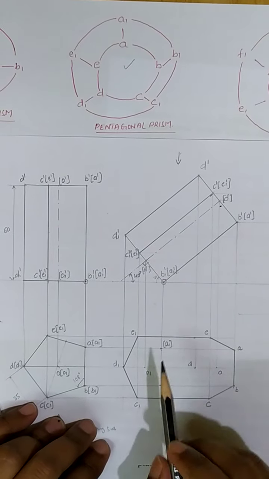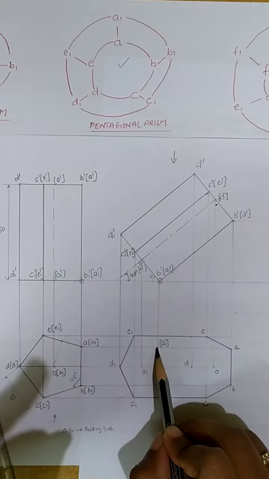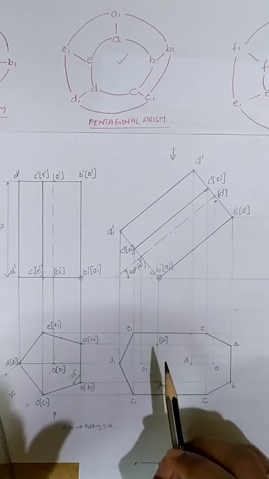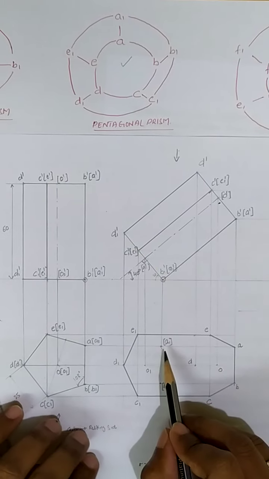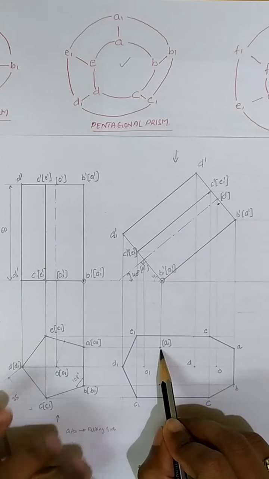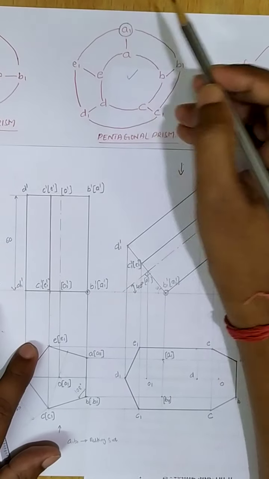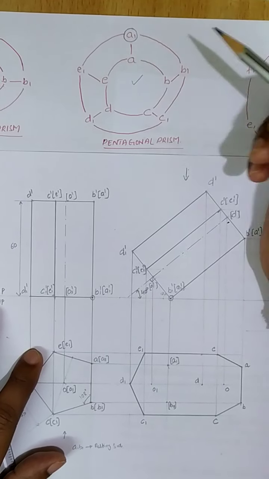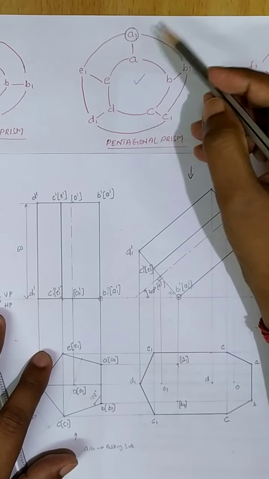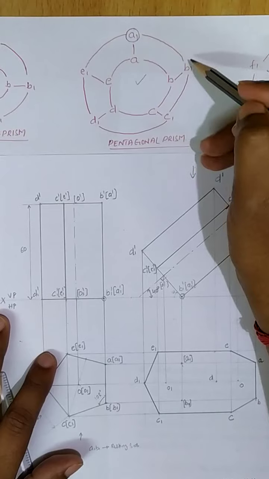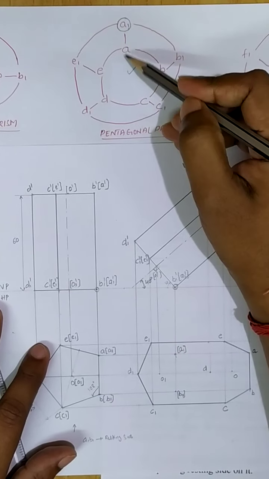Okay, so we know that from each corner we will always have three lines, because solids are three-dimensional objects. So with respect to point A1, which are those three lines? Let us see with the help of this figure. I will consider A1 as my hidden corner. With respect to this point A1, I will have lines from A1 to B1, A1 to E1 and A1 to A.